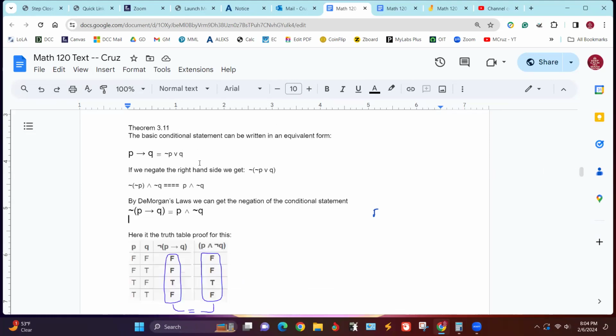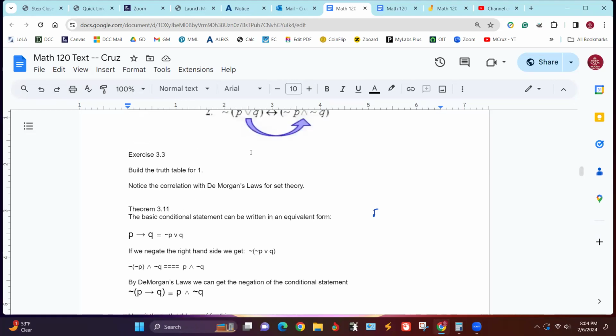then we can take this one and use De Morgan's laws on it and then find the negation of that conditional statement.